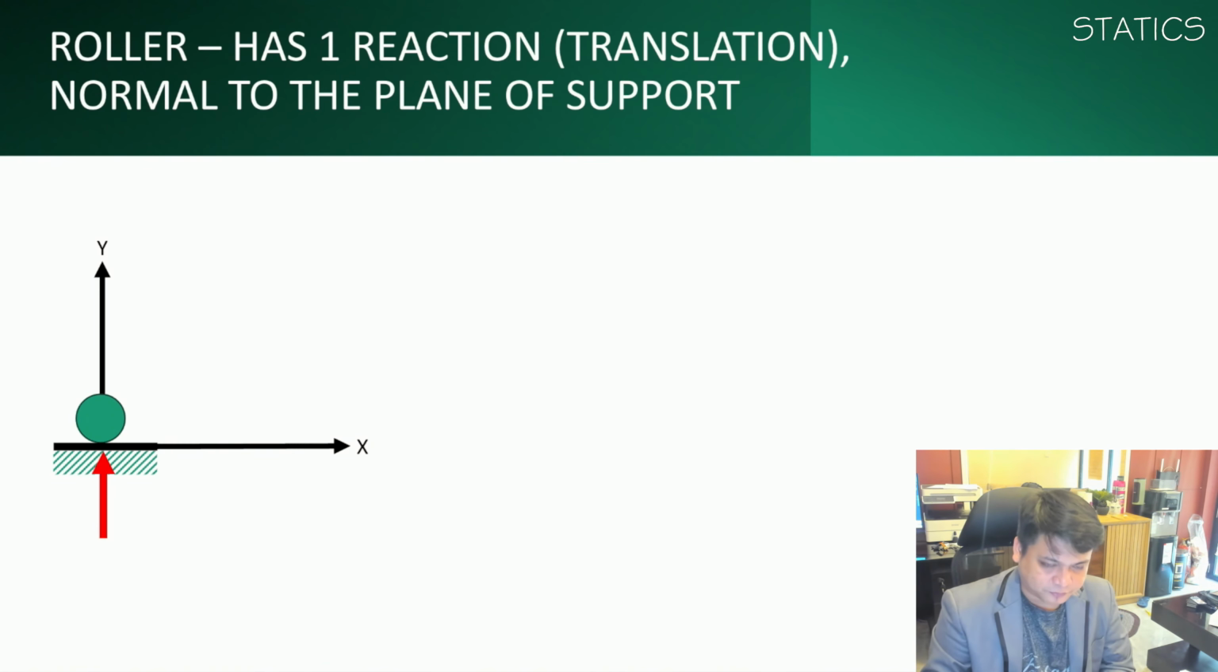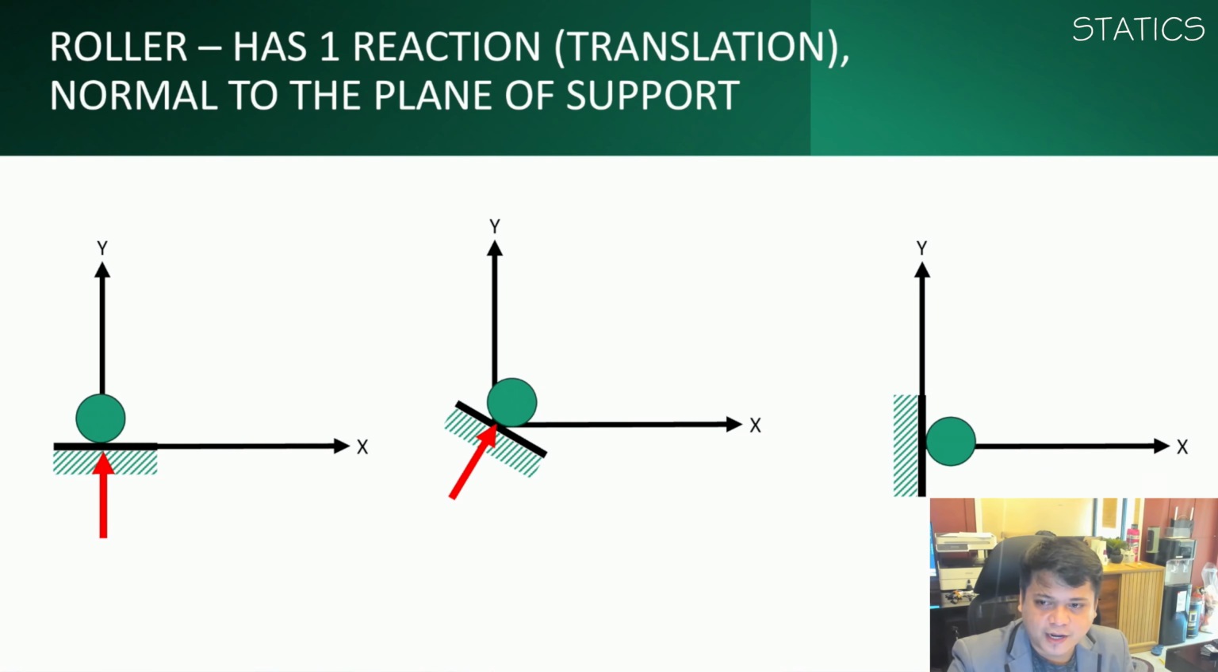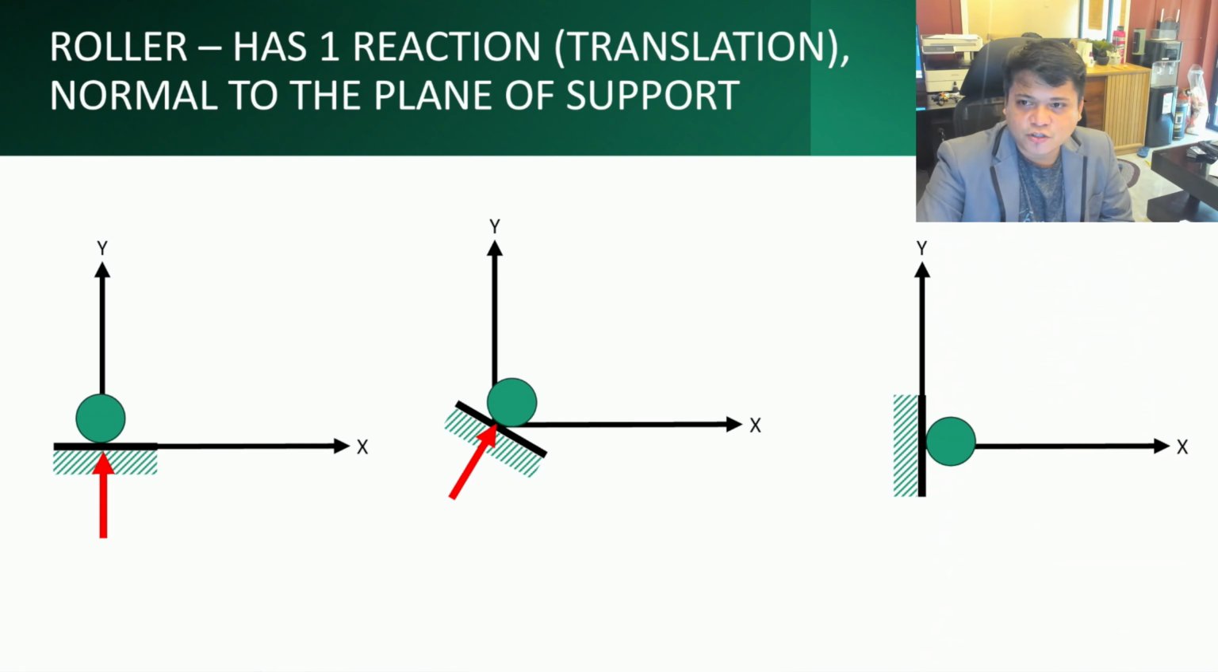So, what if our roller is somewhere inclined like this one? Again, its angle is always perpendicular to our surface, whatever it is. And if our support is like this, then you can have this kind of reactions. I want you to see that, of course, when we are dealing with just computation,